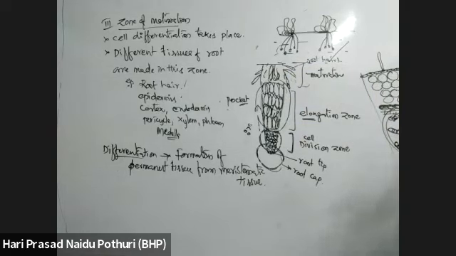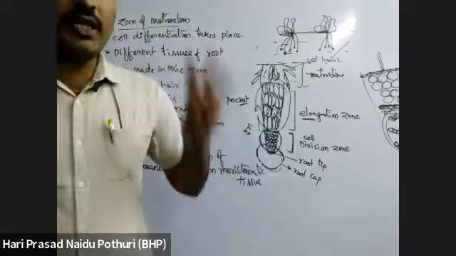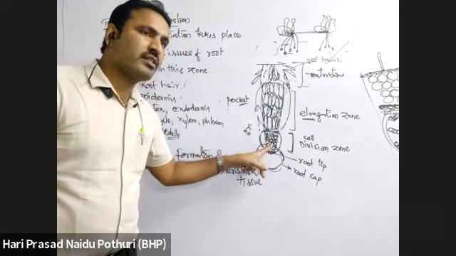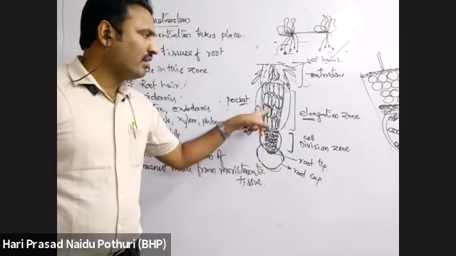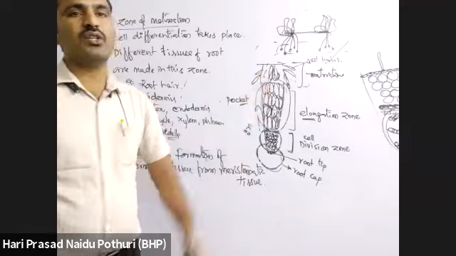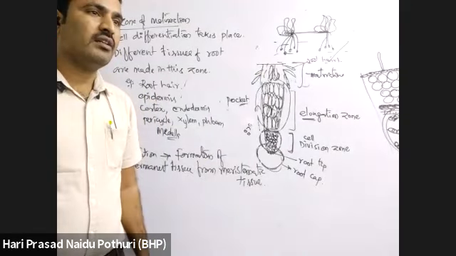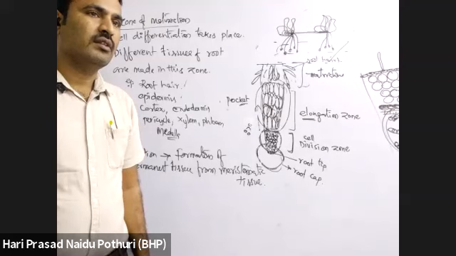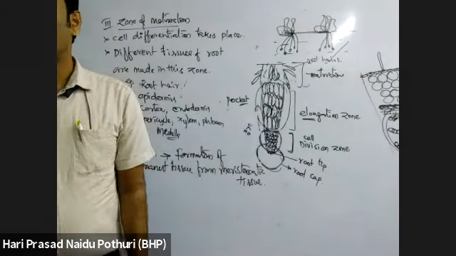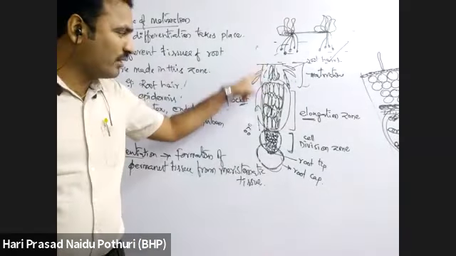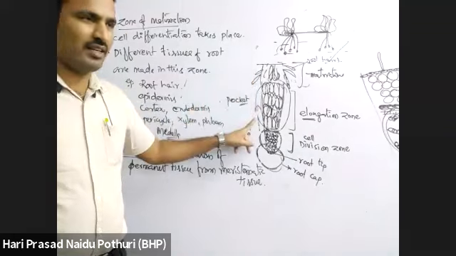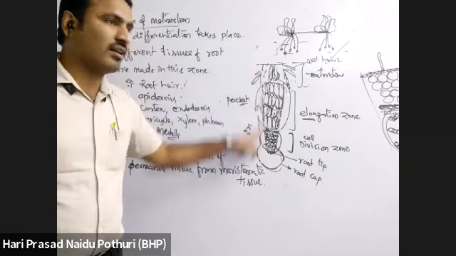So these are the three zones of the root system. Every root has three parts. What are they? First is the cell division zone, then the elongation zone, then the maturation zone. What is the proximal part here? Proximal to distal or terminal. Distal means what? Proximal to terminal is this order.